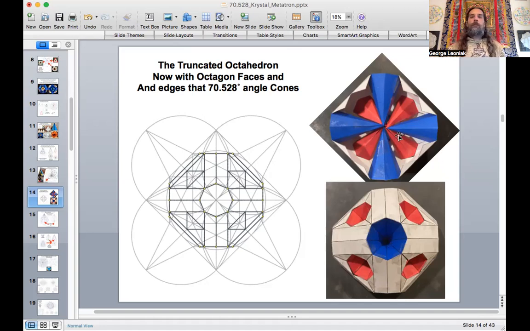As I was building the form, I decided to just take a halfway point before I constructed the rest. But there you could see the cone of the octagon going in there, as well as the cone of the hexagon on each of those faces that would essentially be in the same locations as the truncated octahedron. We just have a different type of truncated octahedron here because now it's accommodating the octagon instead of the square. The main point that I did this for is because I really wanted to highlight what the cone is. So this is really a circle around this, and these are just 8 points on the circumference of that circle. And that is what is